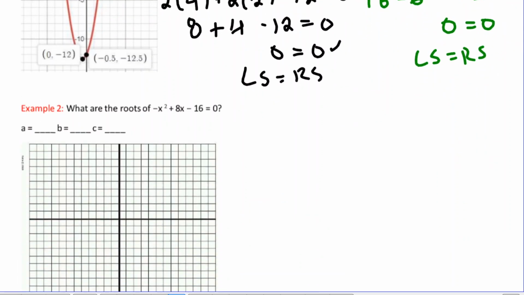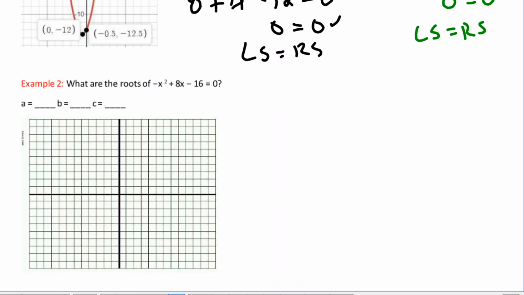Let's try another one. What are the roots of negative x squared plus 8x minus 16 equals 0? Well, let's look at a graph of this. We don't have the graph this time, so we'll do our best to graph it. First, we'll pick out what A, B, and C are, reminding ourselves that these are all in standard form, which looks like,